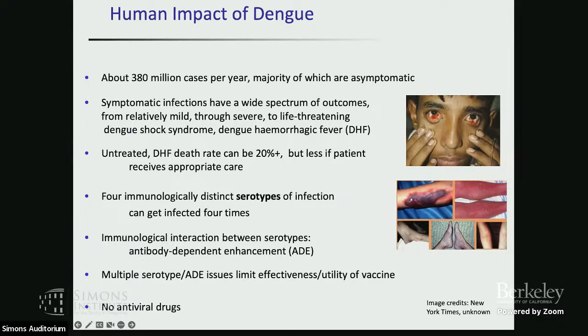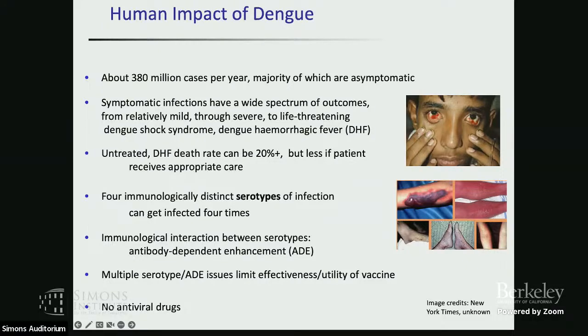Dengue virus is interesting. Not unlike COVID, there's a very wide spectrum of outcomes, from a large number of people who are asymptomatic through a fairly mild infections, through to very severe life-threatening outcomes. That includes dengue hemorrhagic fever, which involves uncontrolled bleeding, like this poor guy here bleeding out of his eyes. And if you have one of these very severe forms, the death rate can be quite high. There's no real treatment except that you can basically ameliorate it.